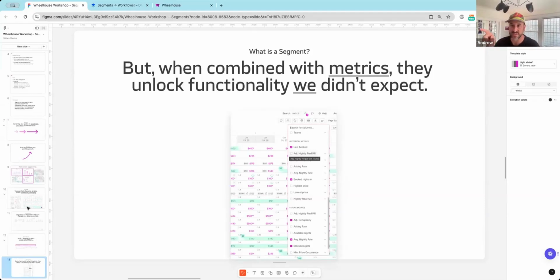In fact, when we set out to build segments, which started as a hackathon, a 2-day hack project from 2 of our teammates, we did not expect some of the functionality that has emerged. It was not obvious to us until we started using it, where we found all these interesting ways that teams could accelerate a lot of their work through this interesting combination of filters and metrics that are filterable. Okay. Don't worry, we're going to go through all this slowly once we build together.